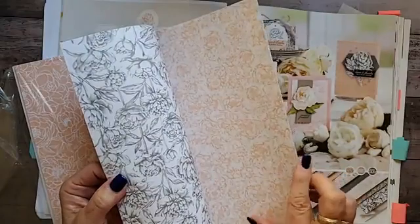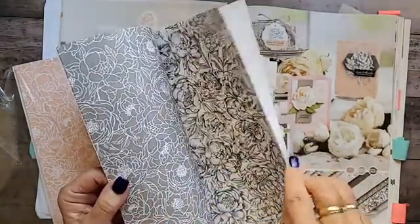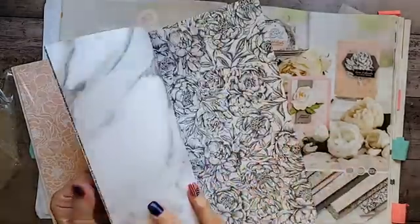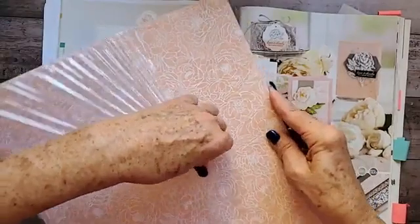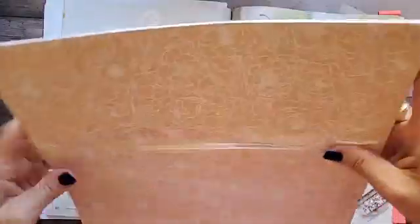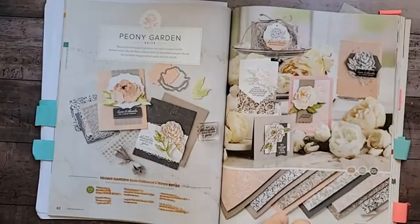Okay. Oh my God. These are gorgeous. Absolutely stunning. As usual. Oh, look at that. Oh. As usual, Stampin' Up! has outdone themselves. The other thing that comes with the Peony Suite is